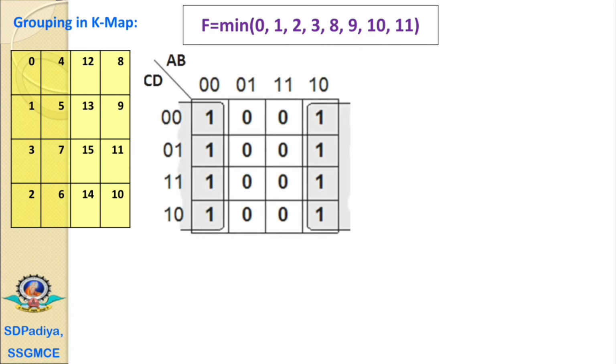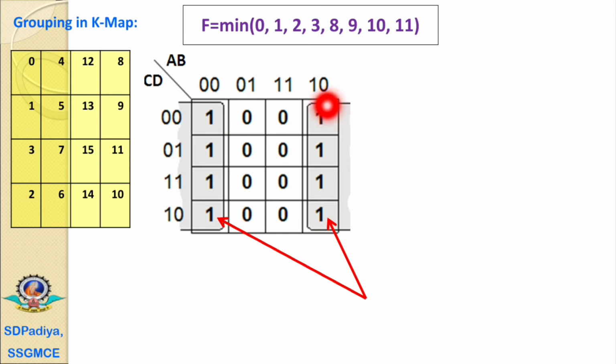If we design the K-map and we enter a value 1 for the particular designation ID, then for the first column all the 4 cells will be 1, and for the last column all these 4 cells will be 1. Now again you can check this octet, it belongs to all the 4 rows. Therefore, CD, these 2 variables will eliminate, and at the upper side, at the column side, it belongs to the 0 0 and 1 0.